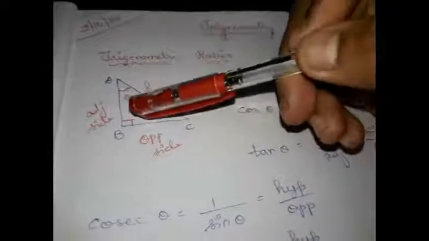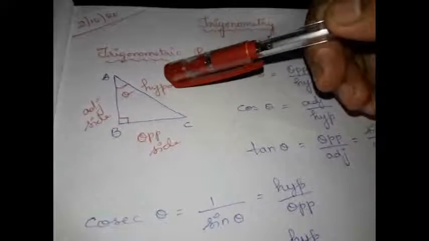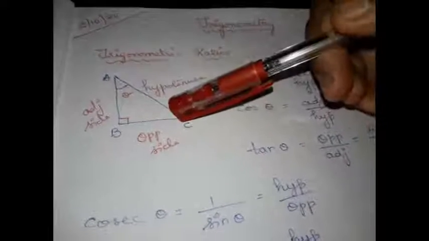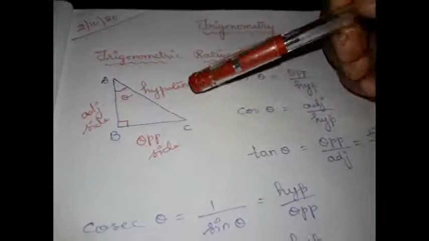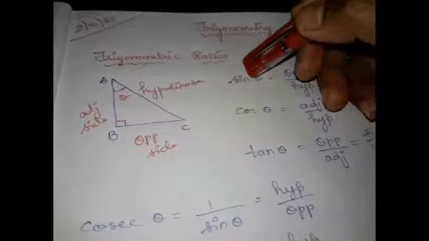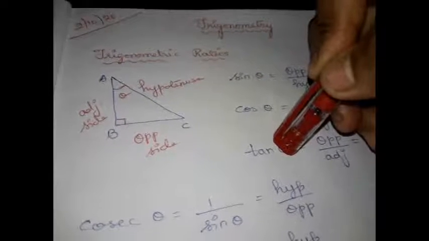And we know the side opposite to the right angle is going to be the hypotenuse. Apart from the right angle, we have two other angles in a triangle, and the trigonometric ratios can be defined for either of these two angles. Now let us see how we can define them. The basic trigonometric ratios are these three. This is called the sine ratio, this is the cosine ratio, and this is the tan ratio, right?